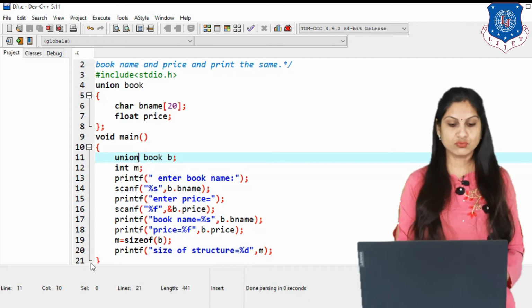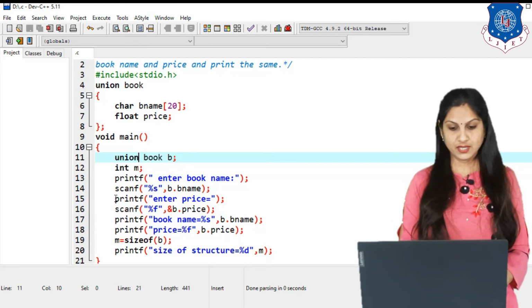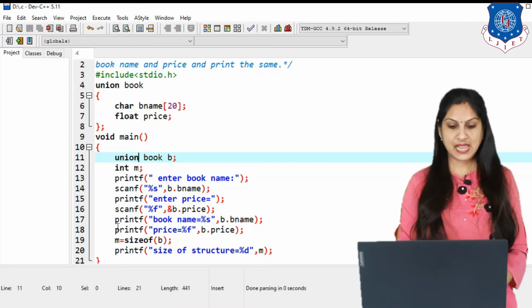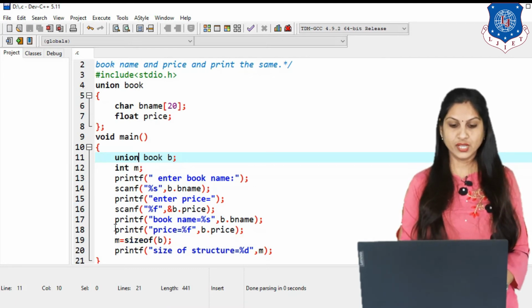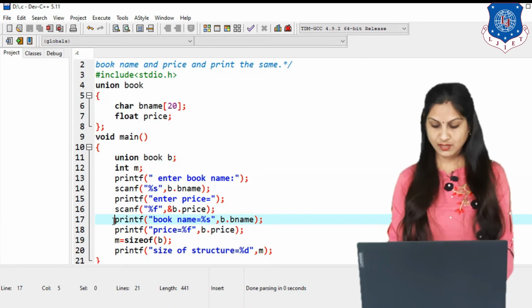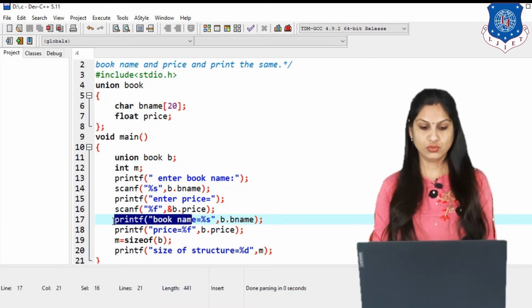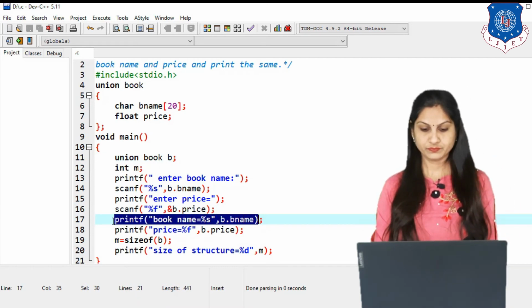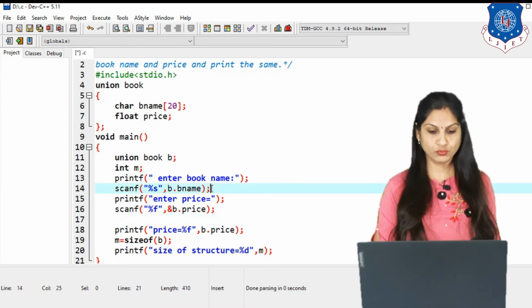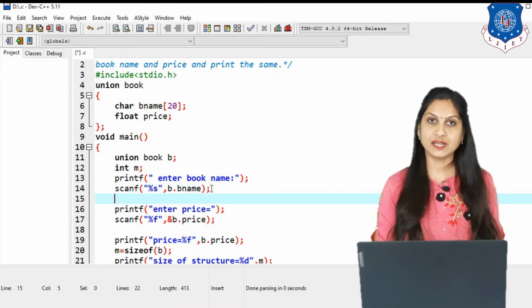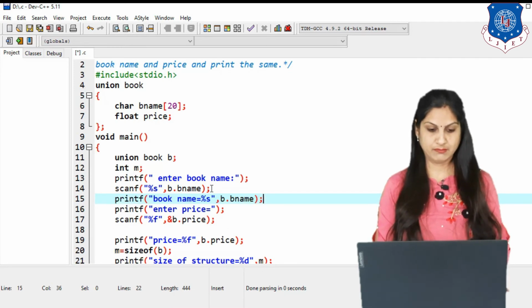So before entering the price, the second member, we have to write the printf for the book name. So this line we have to remove, Control X for removing, and put this line after the printf and scanf of the first member.